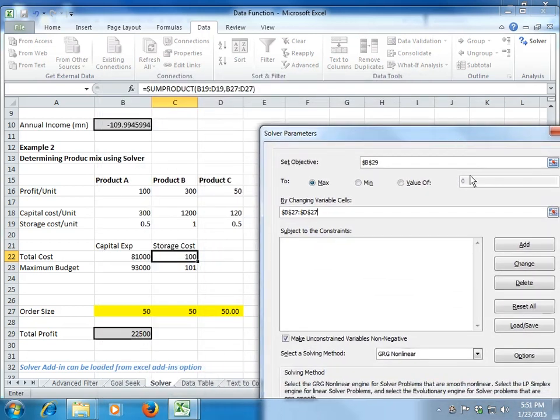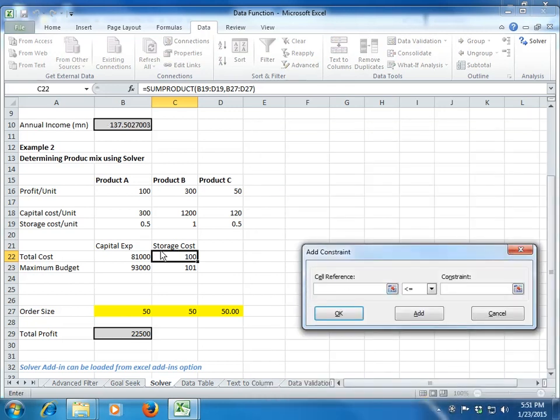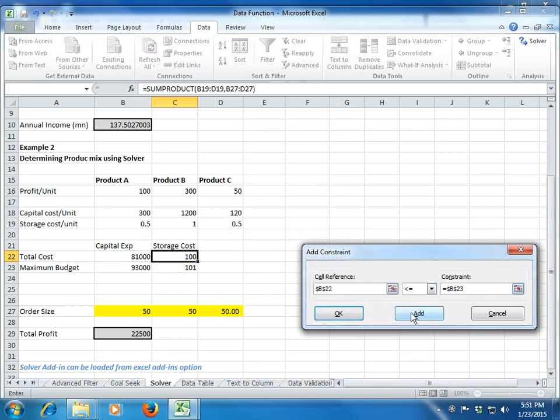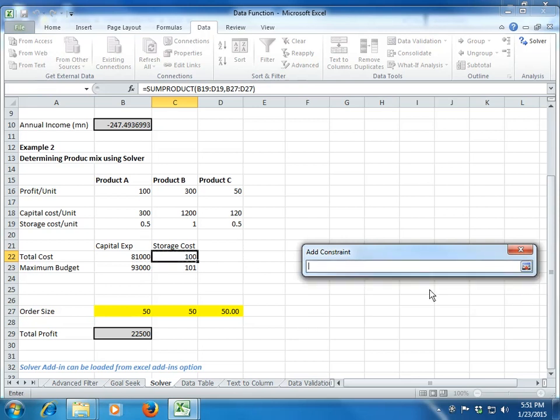Clear? Now let's talk about the constraints. What is my first constraint? That my capital cost, which is calculated here, should be less than or equal to the maximum budget I have for the capital cost. What is my second constraint? That my storage cost should be less than or equal to the maximum budget I have for the storage cost.